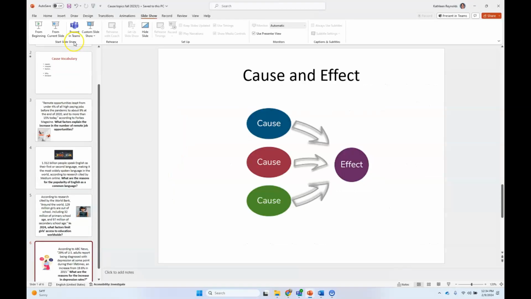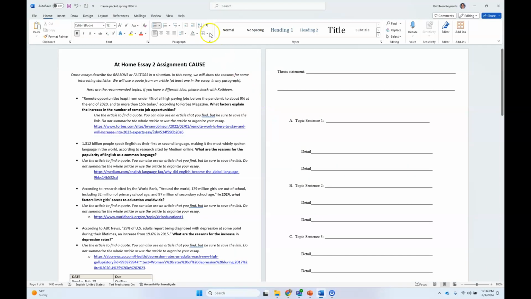So these are the 4 topics that we're going to use to work on for this essay. And you can see these 4 topics here, and you can start to think about which one will be best for you. For each topic, there is an article, because the main difference that we are going to use in this essay is that we will be using one quote from an article, one in any paragraph. It could be in the introduction, a body paragraph, or even in the conclusion.